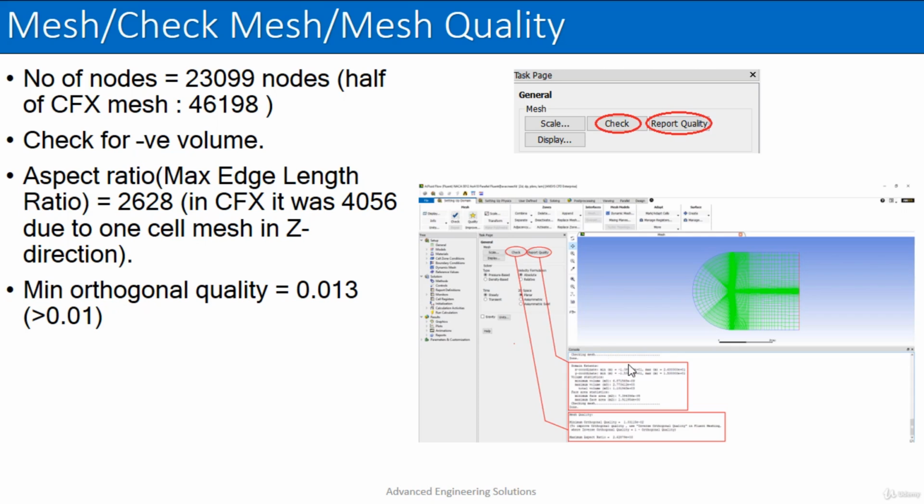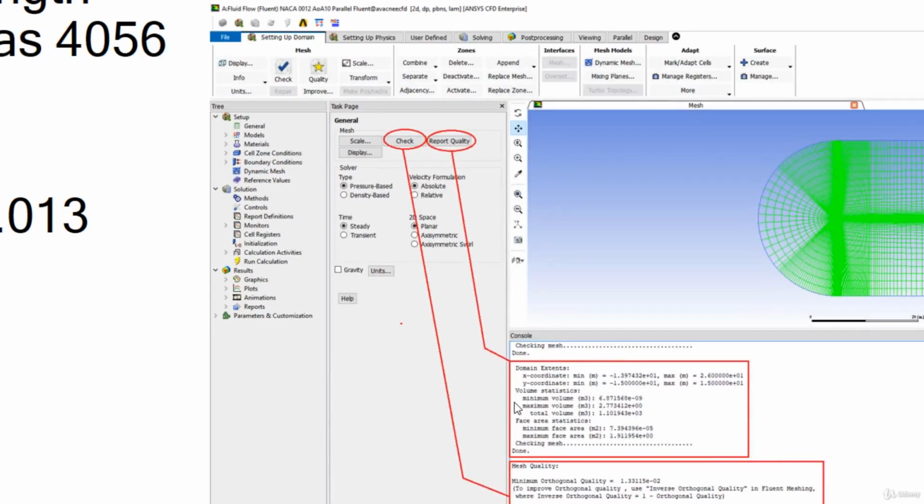The problem thing is that there should be no negative volume, so I told you where you can check it. From the check you have to see the minimum volume. So these lines are wrong, so this should go this way and this line should be indicating on this side. So minimum volume should be a positive quantity, should not be a negative quantity, and the quality should be greater